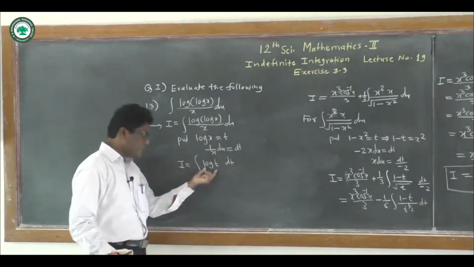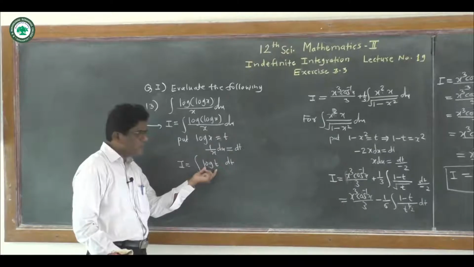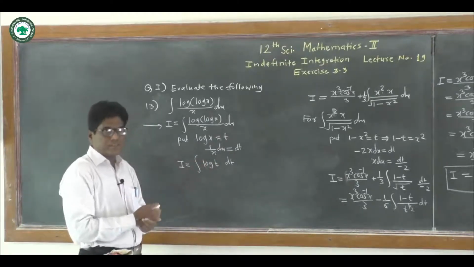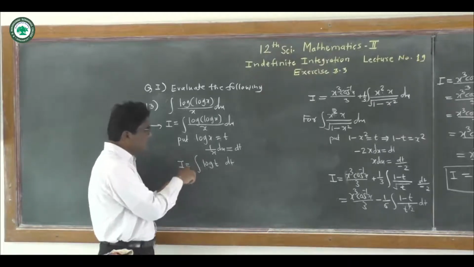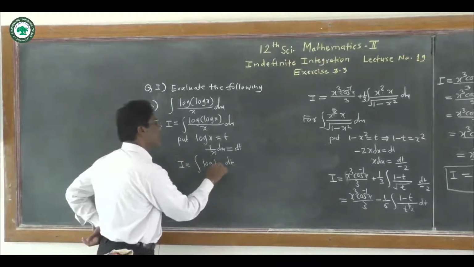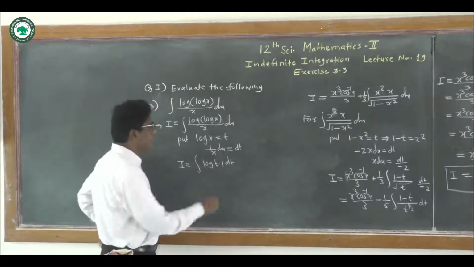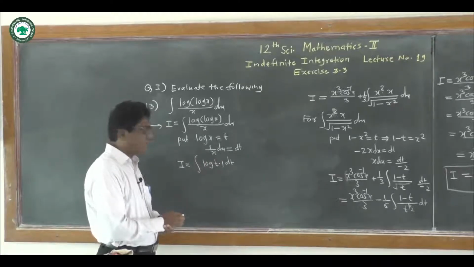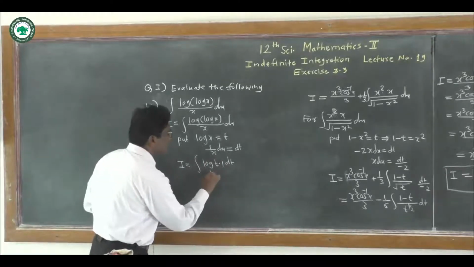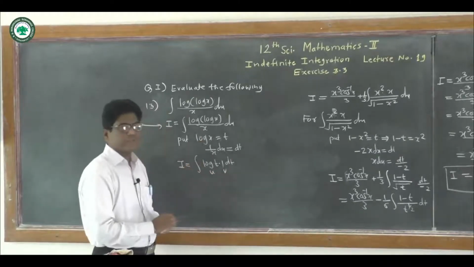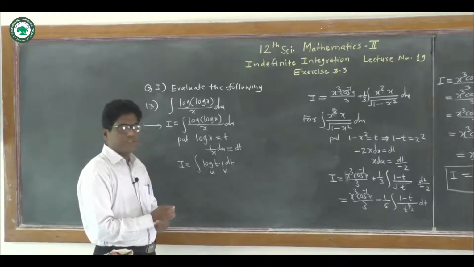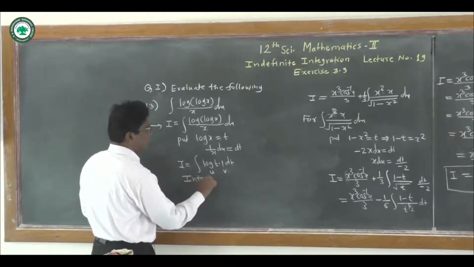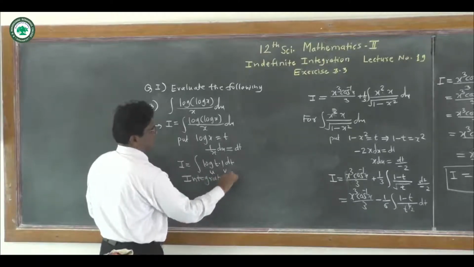And now here we have to take the integration of log of t. So we cannot take directly integration of log of t because log of t is not the derivative of any other function. So to take the integration of this, we take here log of t into 1, log of t into 1 dt, and here use Liet rule, or we consider this log of t as a u and 1 as a v, and then use integration of uv dx, that is integrating by parts.